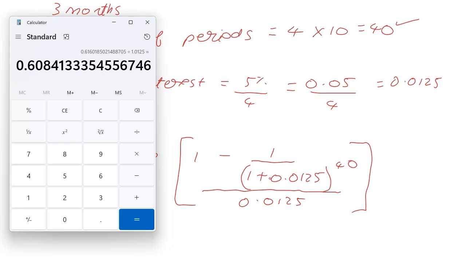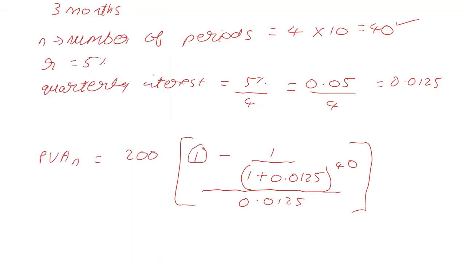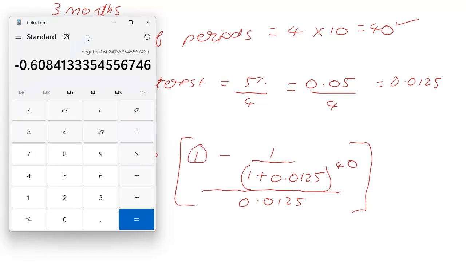So what I've done is I've solved the minus component. I will now make this number negative, and I can add this 1 which you see over here. So plus 1, and then divide it by 0.0125, and that gives me